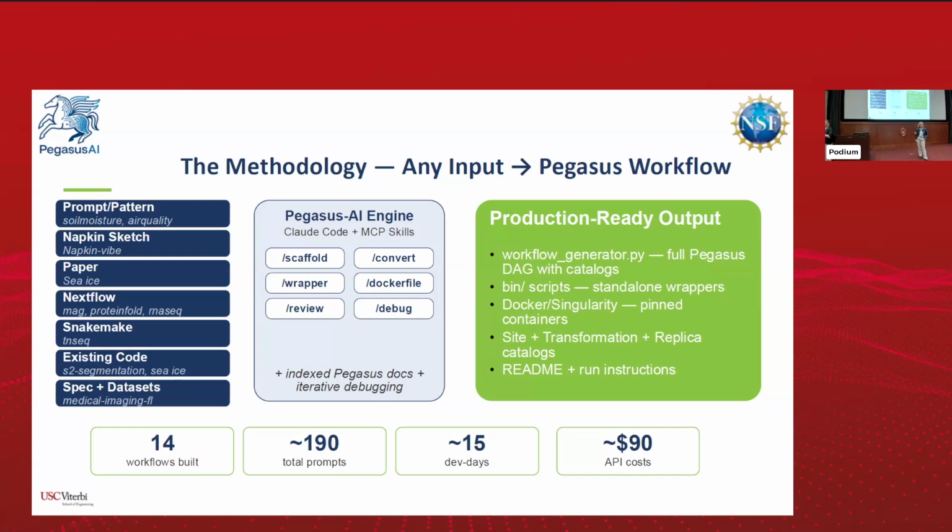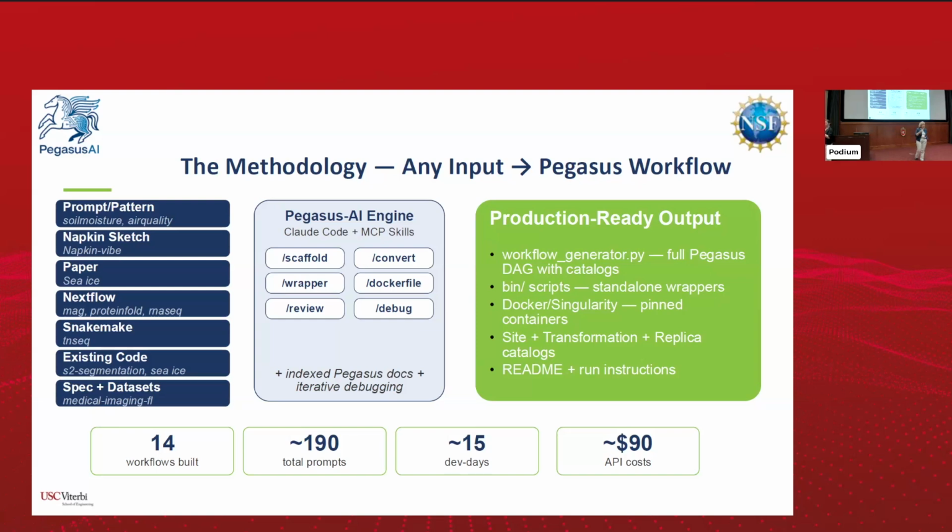She took a number of workflows from Nextflow and converted them to Pegasus, so you can run them through the system, and they generate the correct results. SnakeMake as well. We also used scientific codes from our collaborators and used these tools to break up the scripts into workflow components and run them through the system, validating these as well, and then specs